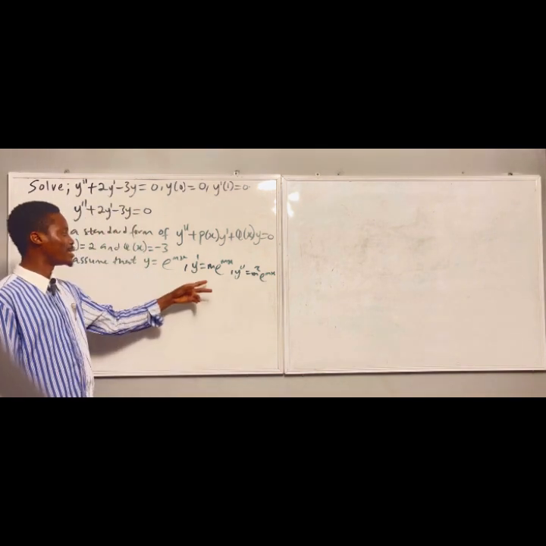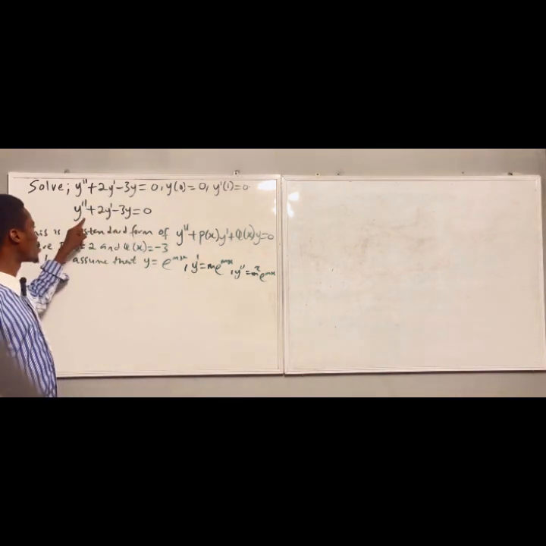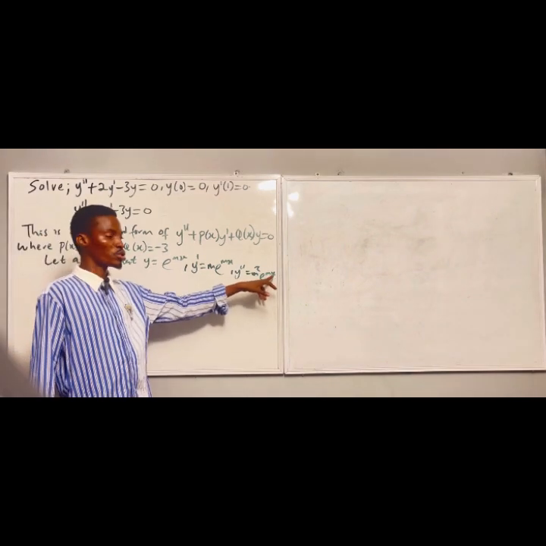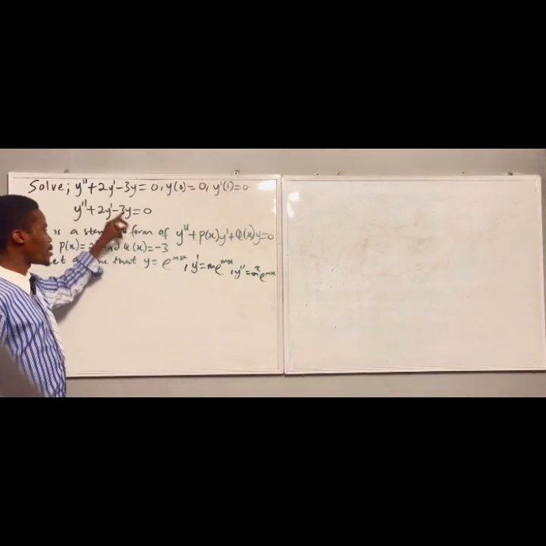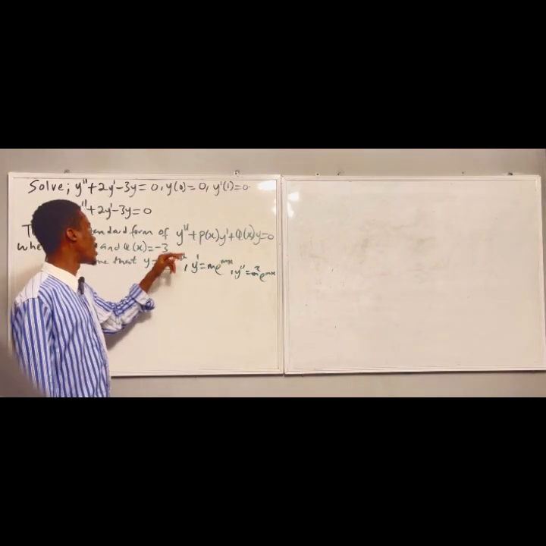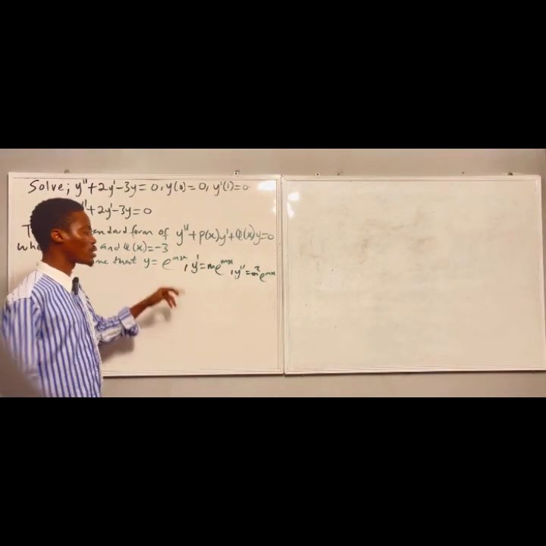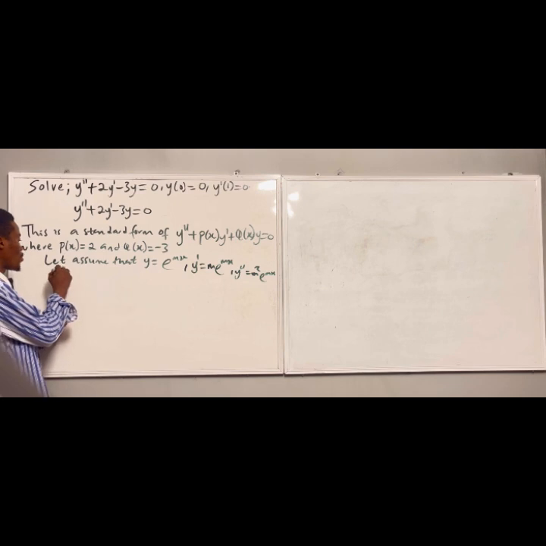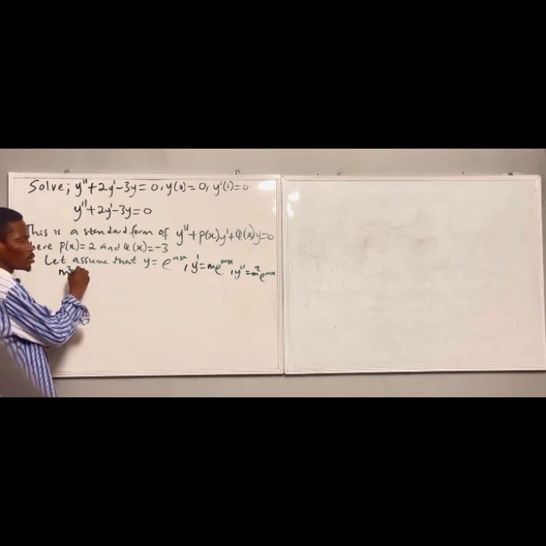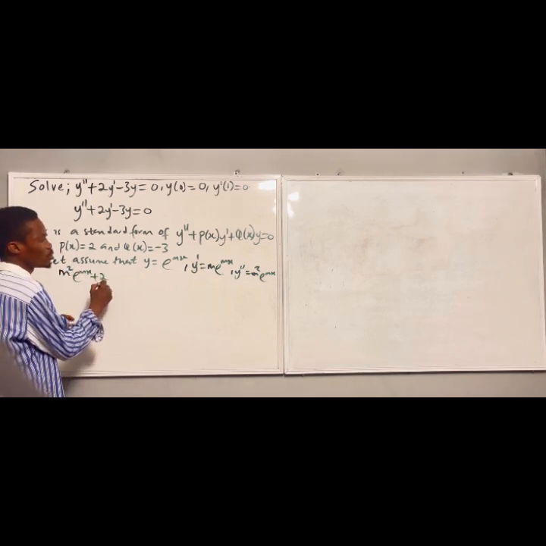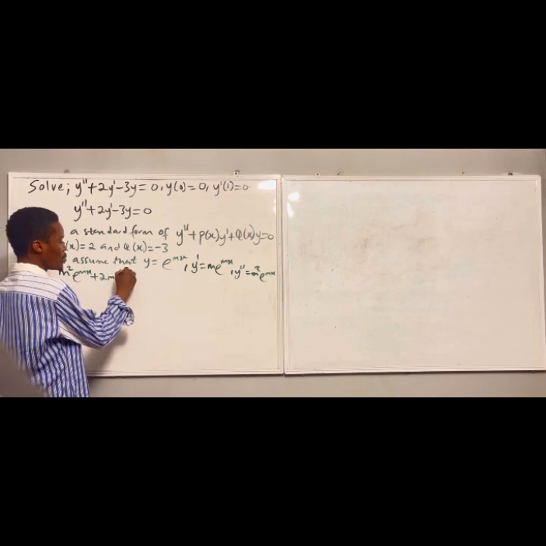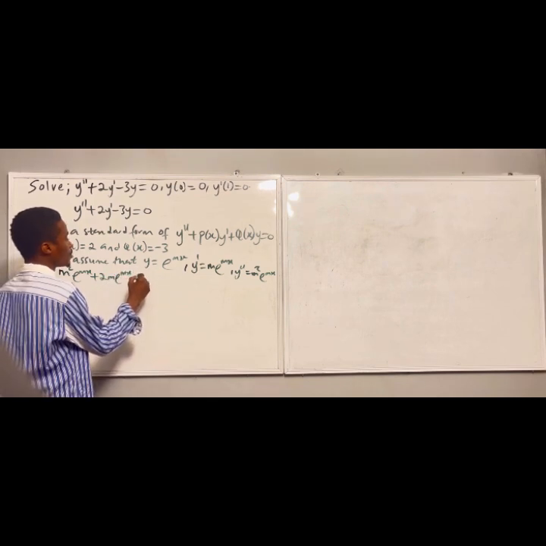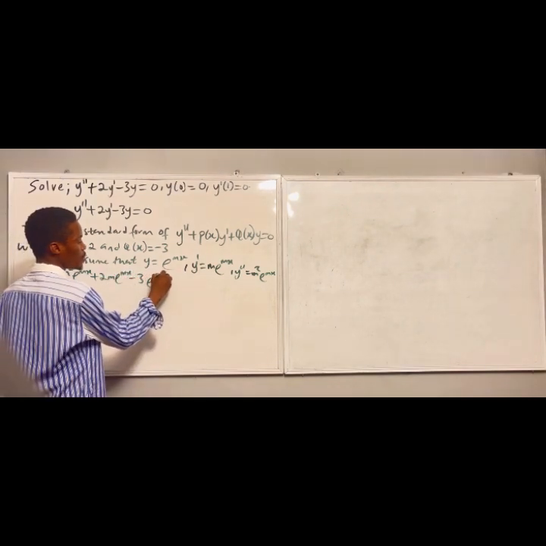I will now plug this in. It means whenever I say y double prime, I put m square exponential mx. Whenever I say y prime, I put m exponential mx. And whenever I see y, I put exponential mx. So let's plug this into that equation. I'm going to have m square exponential mx plus 2m exponential mx minus 3 times exponential mx